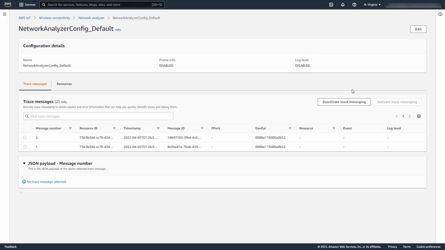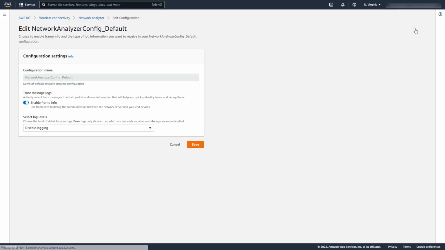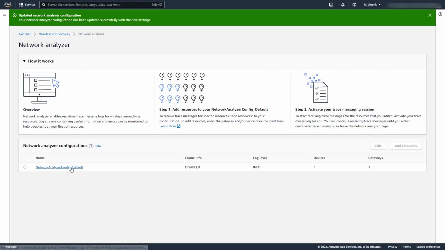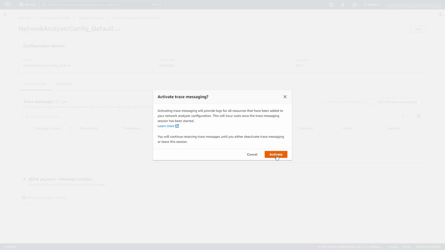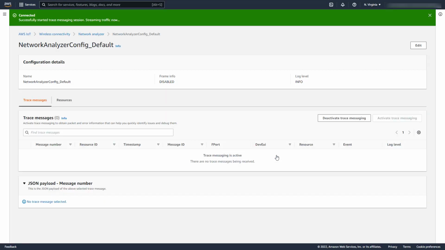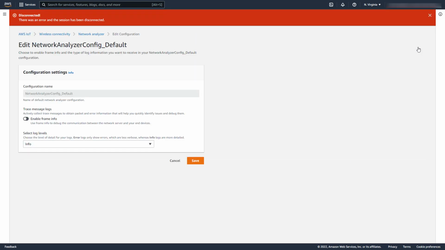Deactivating the trace again, we'll now look at the converse configuration. We re-enable log events but disable the frame info. Restarting both the trace and the device, we can observe that just the log event for the join is recorded this time and no LoRaWAN frames are in the trace. Now we quickly restore the LoRaWAN frame tracing before proceeding.